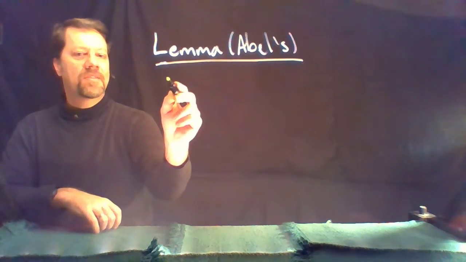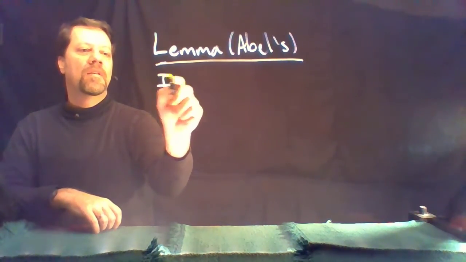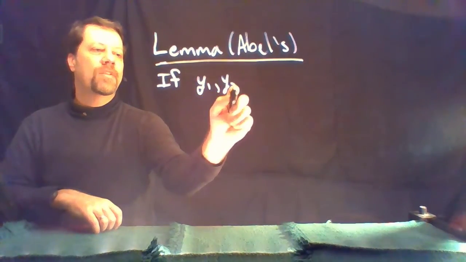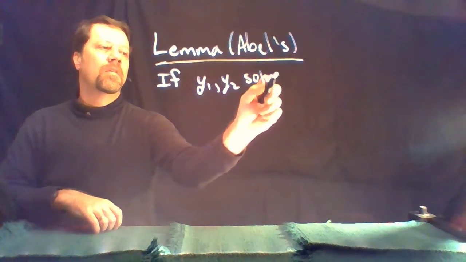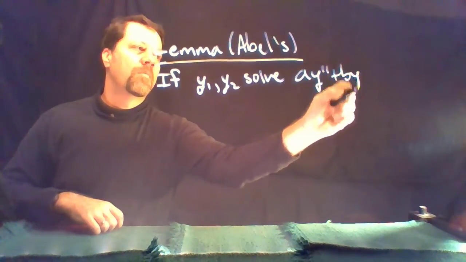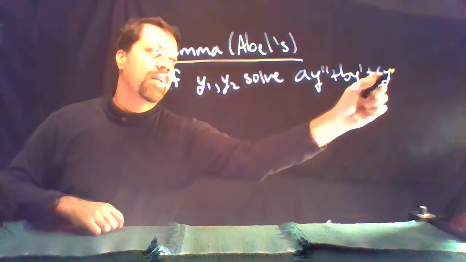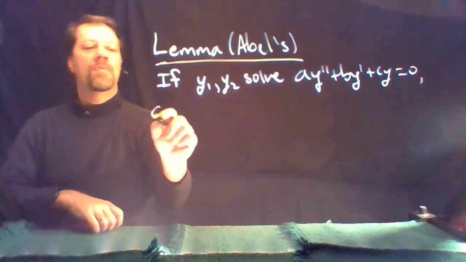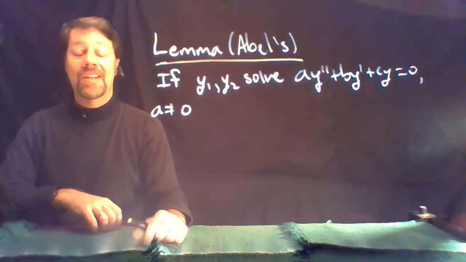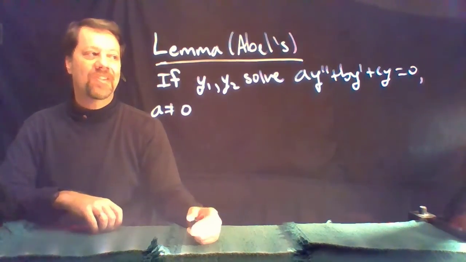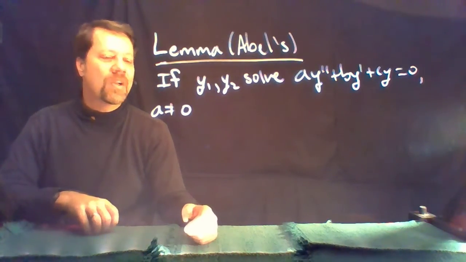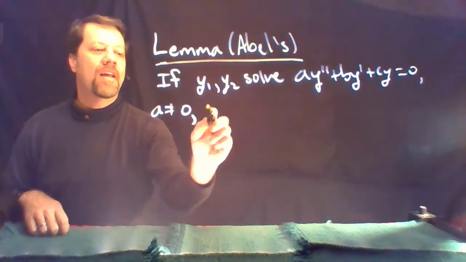And it goes like this. If y1 and y2 solve ay'' + by' + cy = 0, where I'm assuming that the coefficient a is not 0, so this is a bona fide second order linear constant coefficient homogeneous ordinary differential equation, then